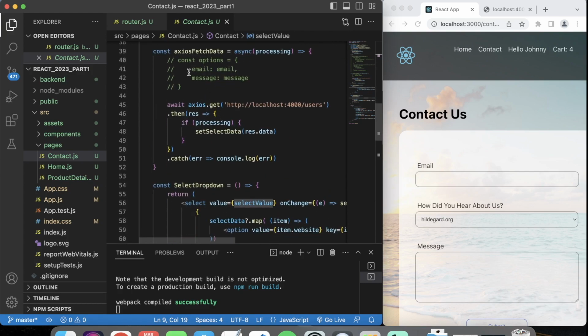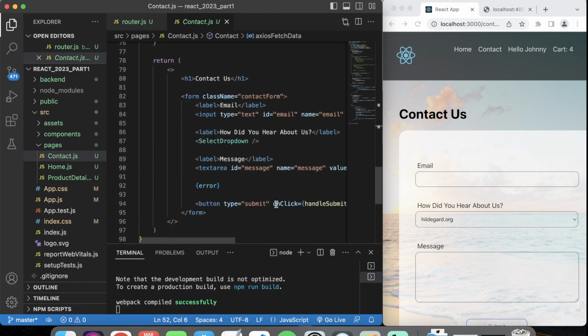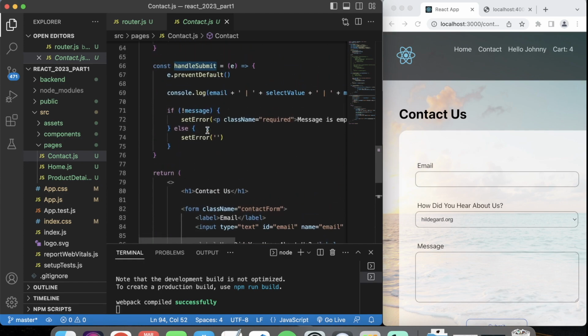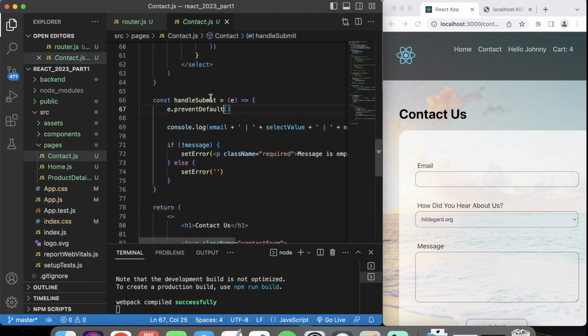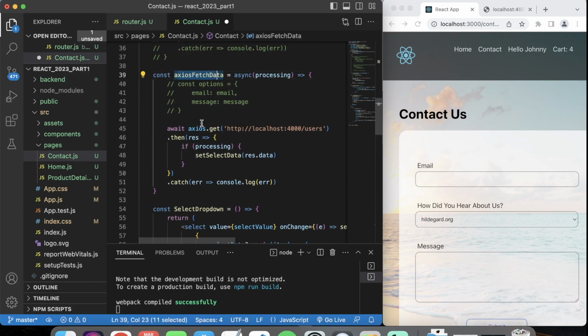And then here's the fetch for the drop down, but we need a post. And if you see down here in the button, it's doing on click handle submit so that we can handle this form submit. And here's the handle submit. It's preventing it from submitting. We do our error checking, and then now we want to post that data. I'm going to create a function called post data. And so let's create this post data function up here, and we'll create it right after our Axios fetch,